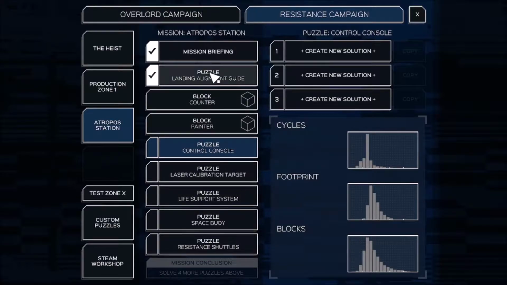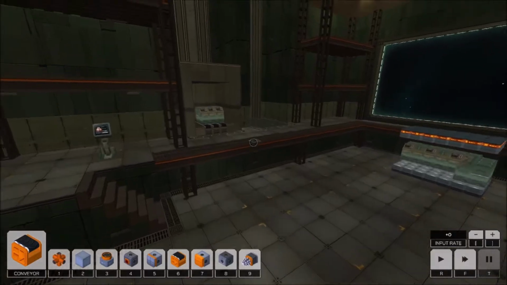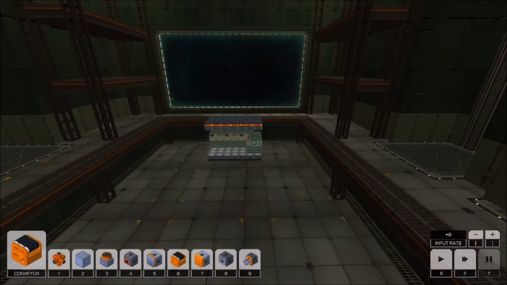So, I skipped one here because it was really quite dull, teaching about block counters and block painters, and we're going to do this one instead from here. I've probably forgotten all of my controls because I haven't played for a while. Okay,